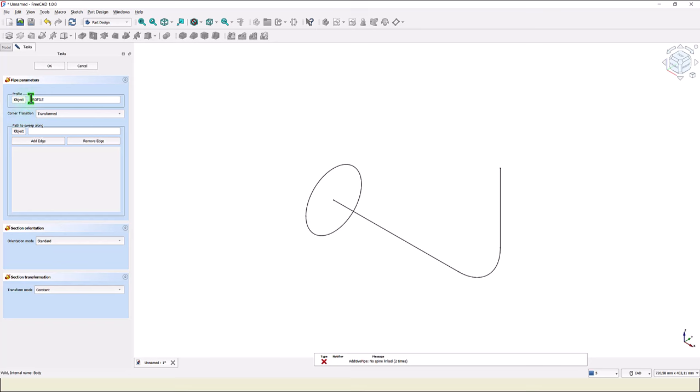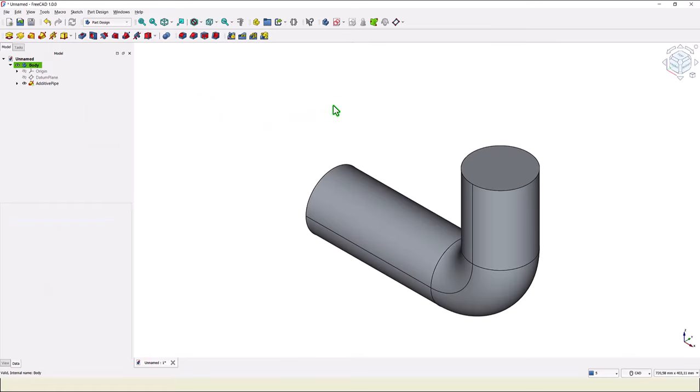You see here profile is already placed, and now we place here path, the name from the first sketch. Okay, this is the result,